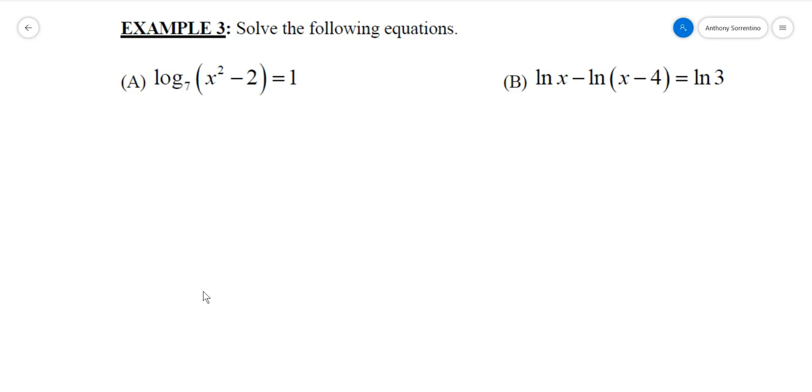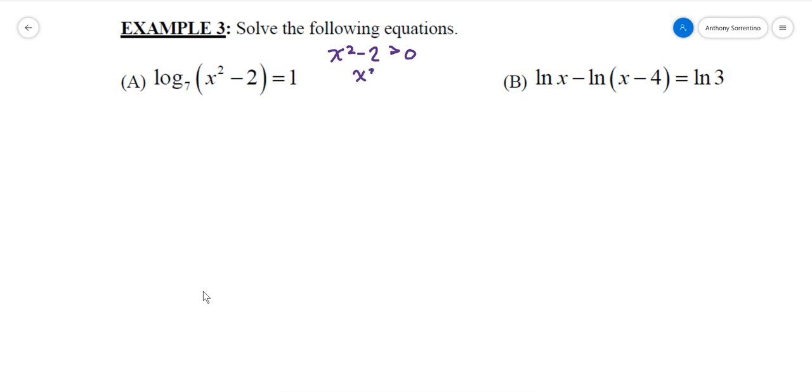And so when I look at log base 7 of x squared minus 2, there are some x values that would give me negatives or 0 in that quantity. And those I would not be able to do a log base 7 of. So that means that when I start carrying through other work here, I have to keep in mind that x squared minus 2 has to be greater than 0,